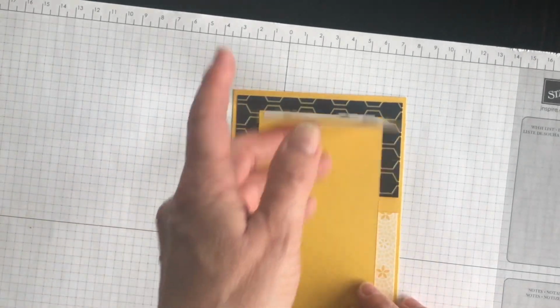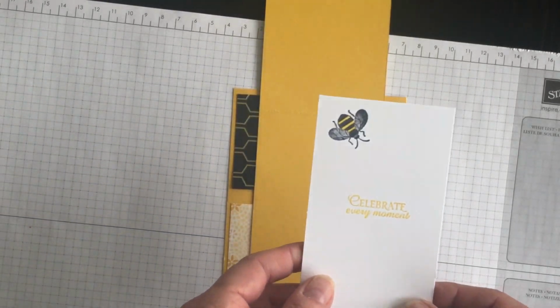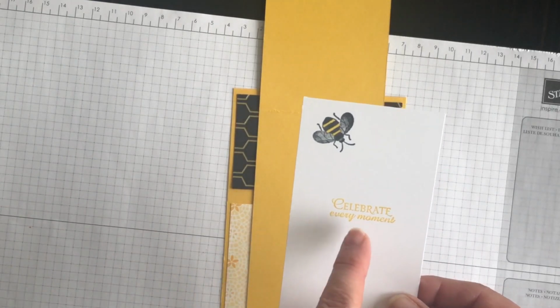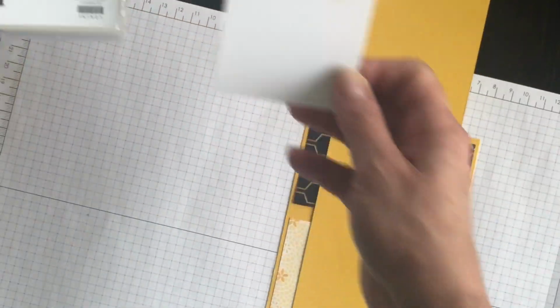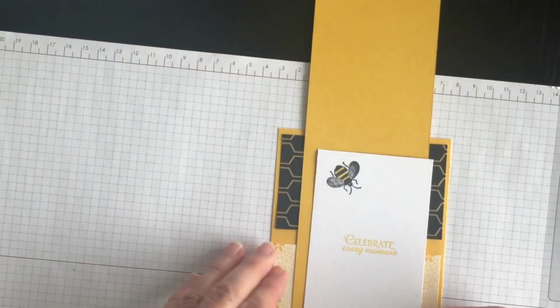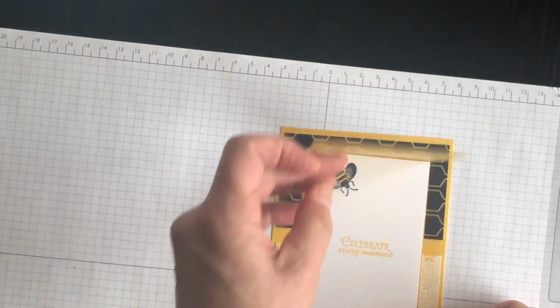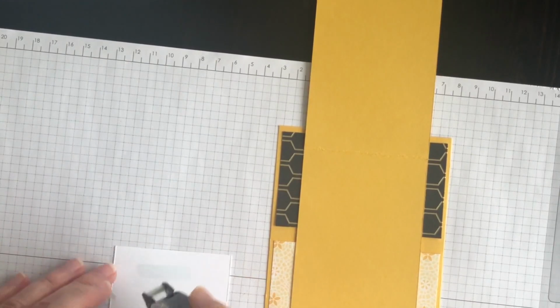So you might be wondering, well, what would you do for the inside? And I went ahead and I created a layer for the inside. It has the Celebrate Every Moment, which is part of the Honeybee stamp set. And I thought we could say, Happy Mother's Day, celebrate every moment of your day. And then just